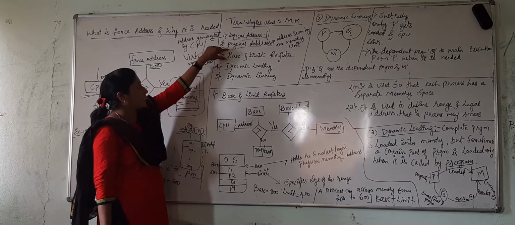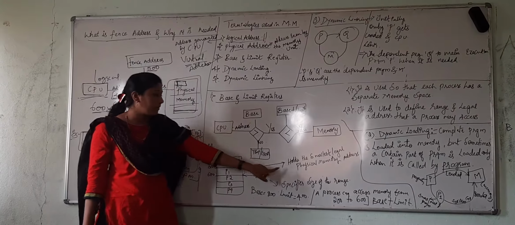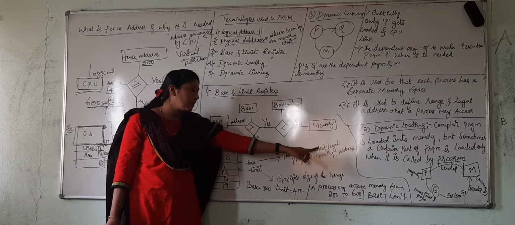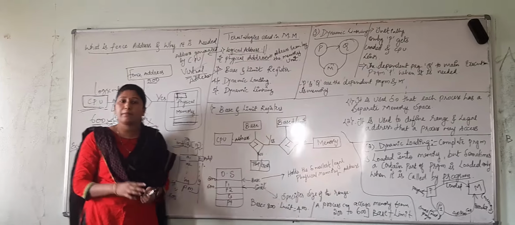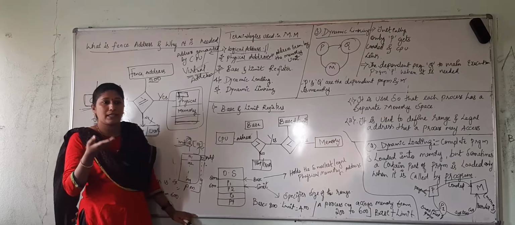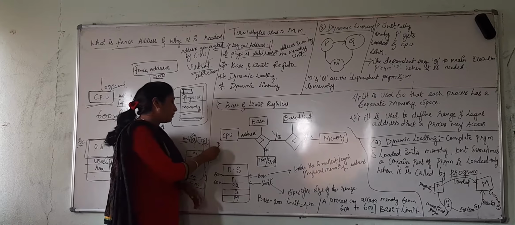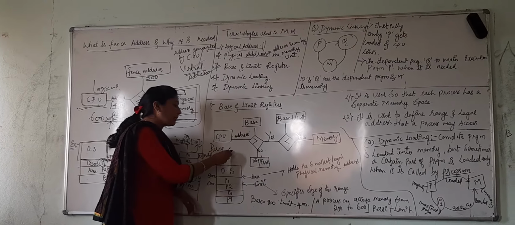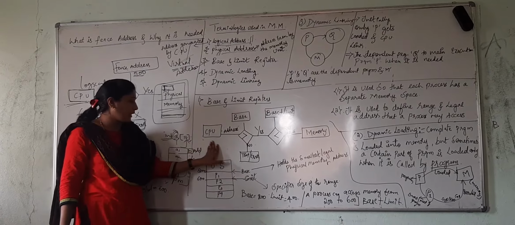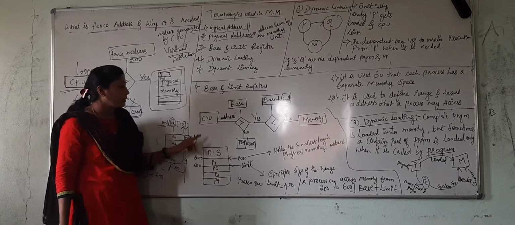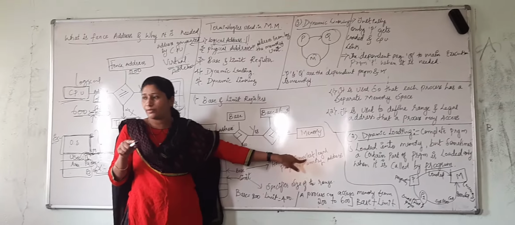As the name itself indicates, what do we mean by base here? I have written here: base is the register holding the smallest legal physical memory address. Base is nothing but the beginning. What is the base value, and what is the end value? Why do we say base value? It is the beginning or starting point. Beginning point and starting point are one and the same, holding the smallest value. Initially it will always be the smallest value.